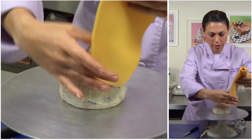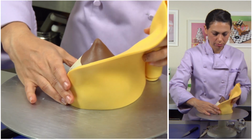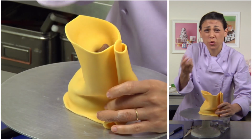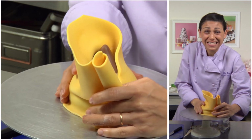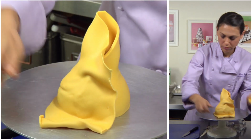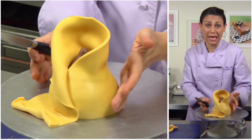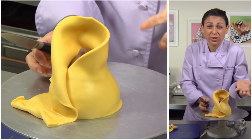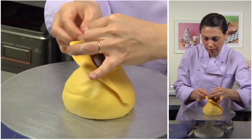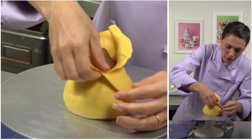And I'm going to start in the front here. Just wrap it around. And remember, it's a wrapper. So if it's not perfect or it has some creases in it, that's exactly what you want. So I'm going to remove all the excess fondant, and then I'm going to go ahead and start making all the indentations to make it look like a real foil wrapper. And feel free to make all these different creases and pinches, because remember, you want it to look like thin